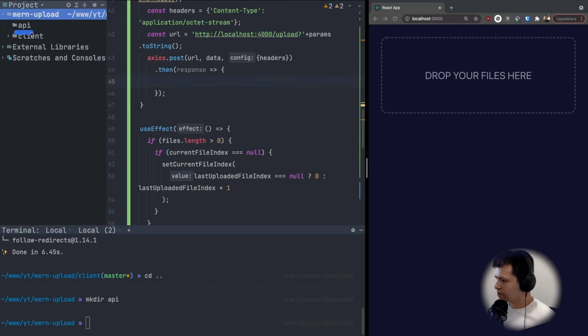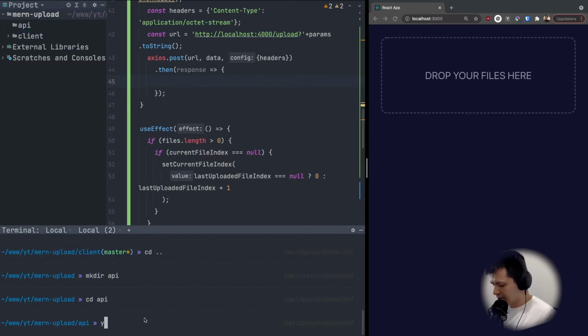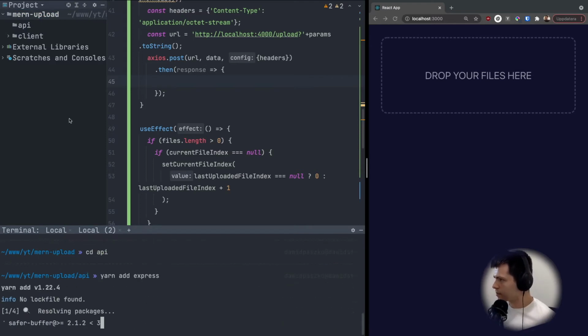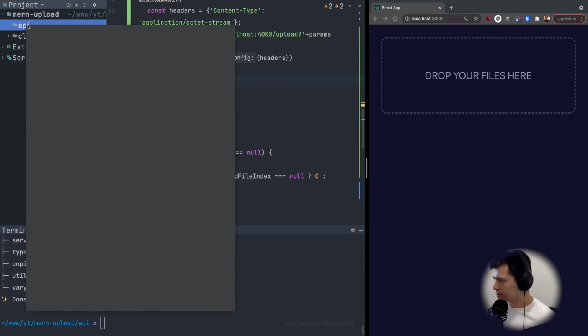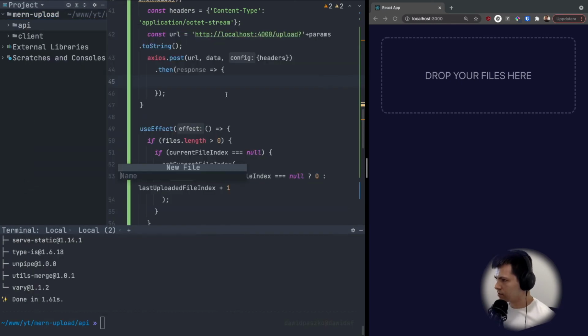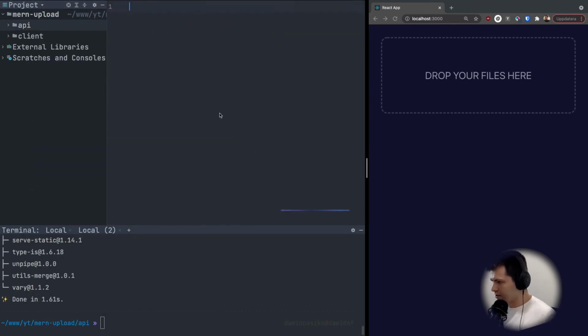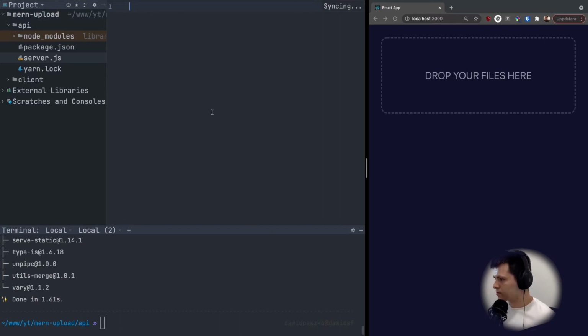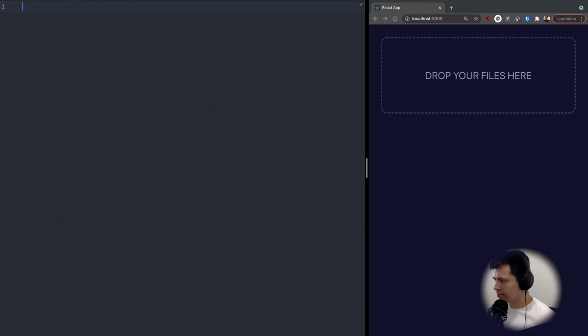Now we have it here, and let's go inside our API directory and let's yarn add Express, and let's create a new file here called server.js,